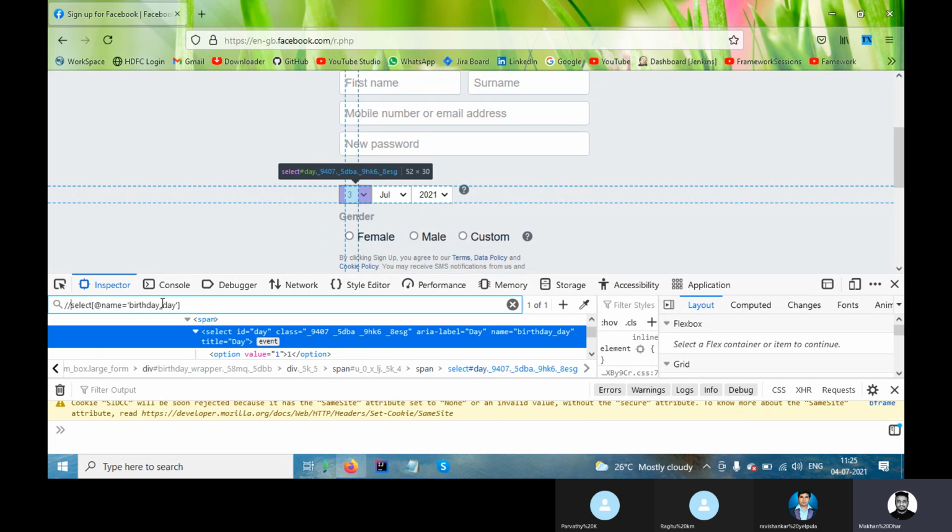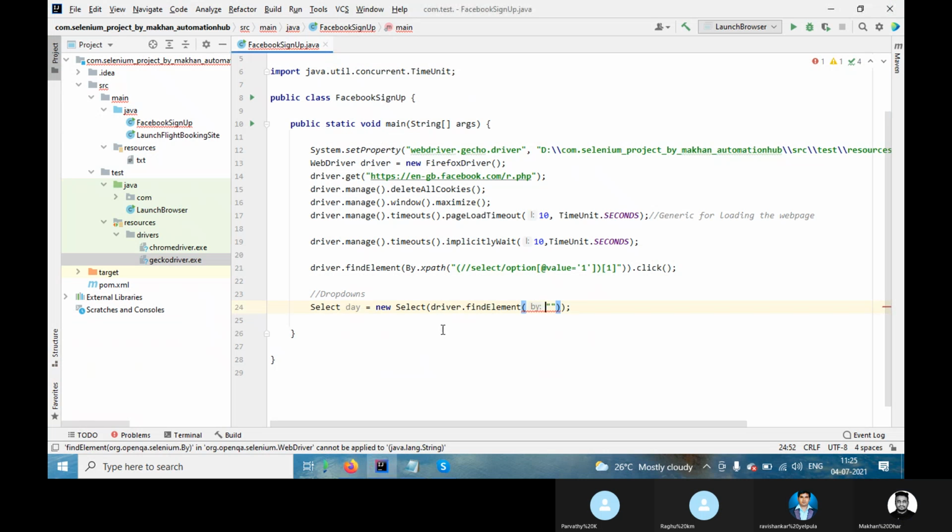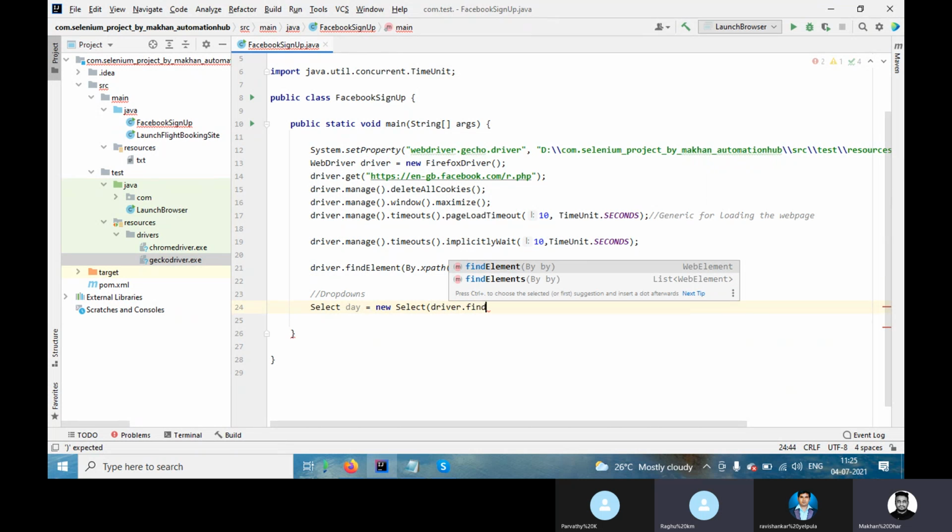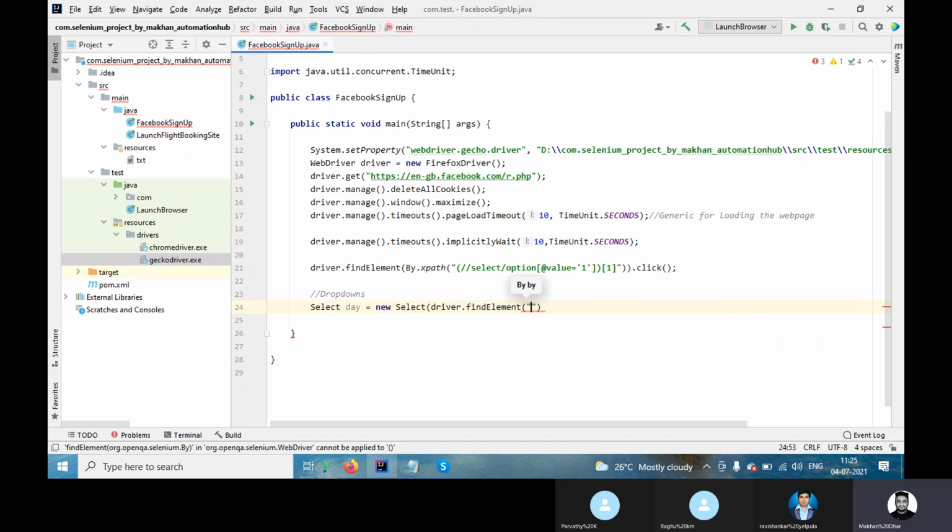So we are getting it. Okay, so this is one. We are okay. Now let me copy. I will show it one by one so that you guys get a clear picture. So what mistake did I make here? Driver dot find element. Yes, right. We need to select. No, find element. You said yesterday we are going to use elements. That's a different story, I will tell you. Let me just complete it.